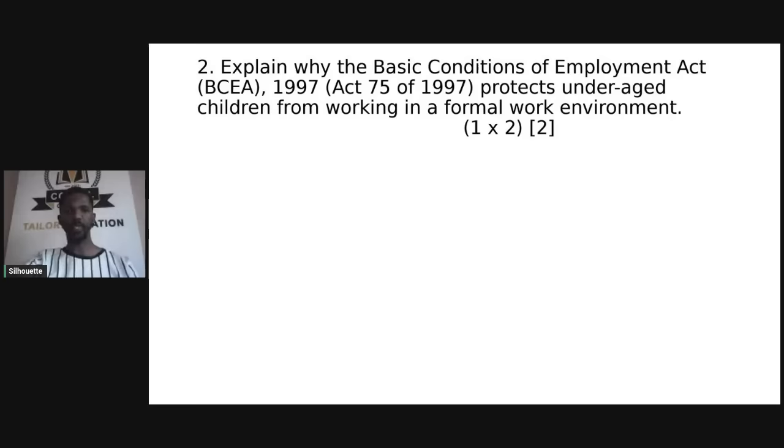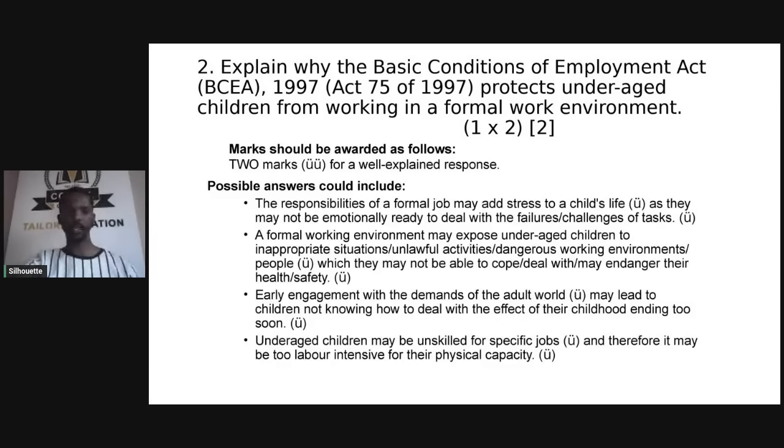In our next example, it says, explain why the BCEA, or the Basic Conditions of Employment Act of 1997, protects underage children from working in a formal work environment. Here, it's one fact, and then it accounts for 2 marks each. Okay, so it means there's a fact, a statement or opinion that you give, and then you qualify it for the second mark. And then potential responses here,